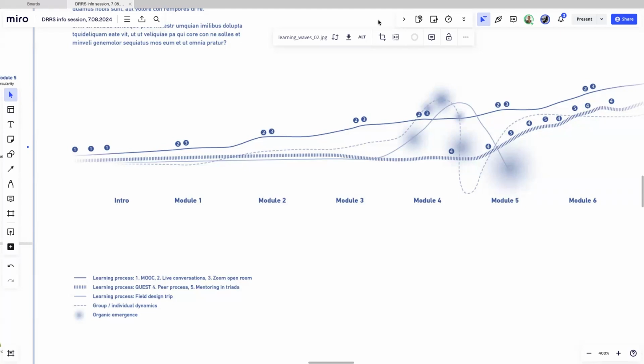And there is also one more interesting dotted line. This line shows social dynamics and also individual inner dynamics. As you can see, it grows across the modules. And again, around the field design trip, things start to be very intense, and there are also organic emergence bubbles that you can see, and this gives a lot of beauty.